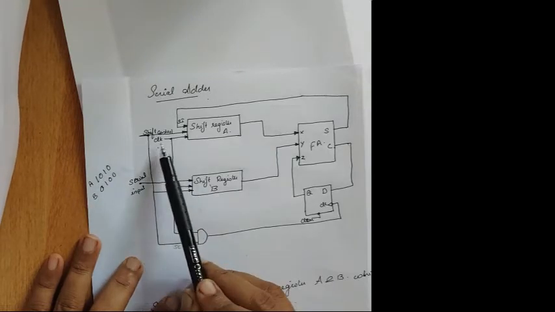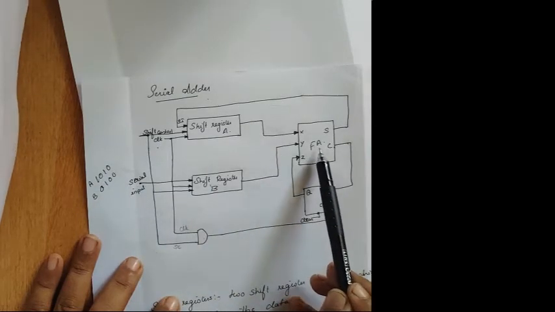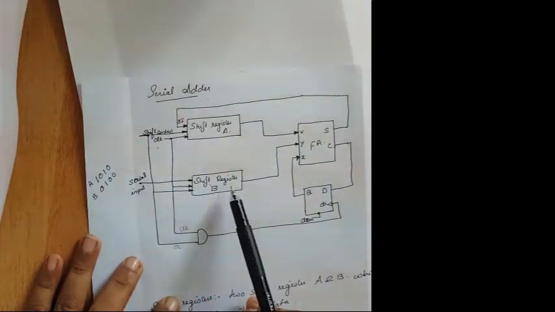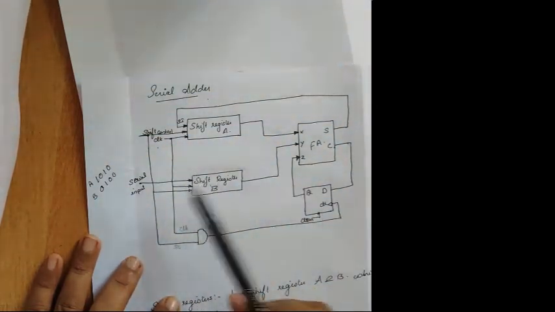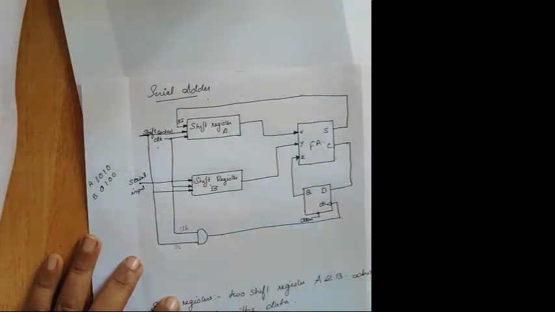Next, for the next clock pulse, this 0 will be moved to this full adder, and the next data will come in at the same time. That is how the serial input is getting in. One by one, each piece of data will be transferred to the register.